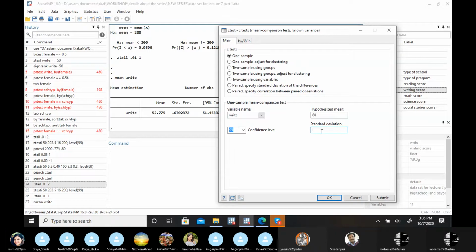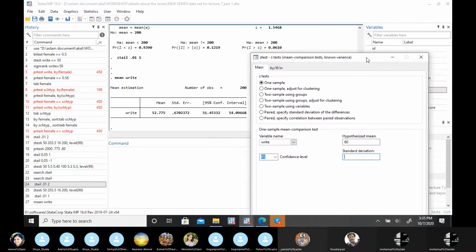Let me do this both ways. First, I'm going to do it with the Z case, and I'm assuming that this is a large sample size. Here the sample size is 200. Let's take the population standard deviation to be equal to the sample standard deviation, so I'm putting the value 0.67 here. The other way, if you follow this textbook, you have to use a t-test because you don't know the population standard deviation. Let me do both methods and see whether there is any difference in the conclusion.